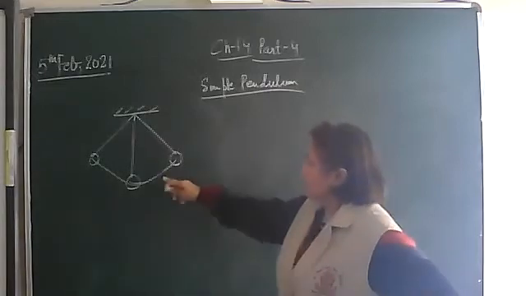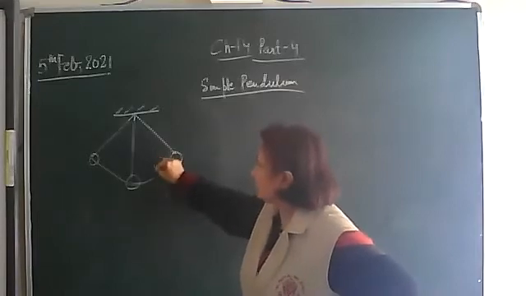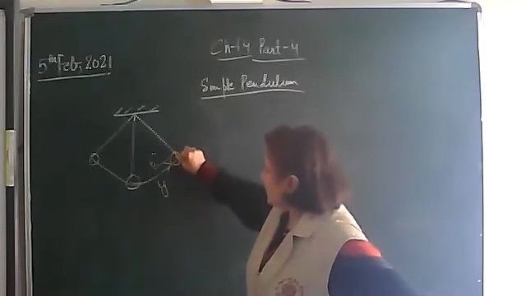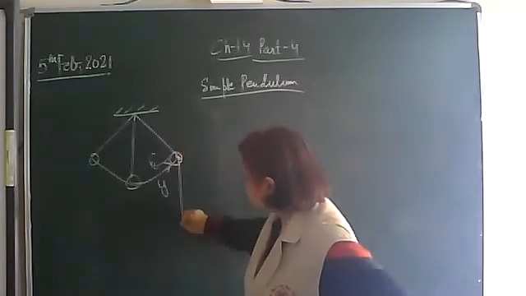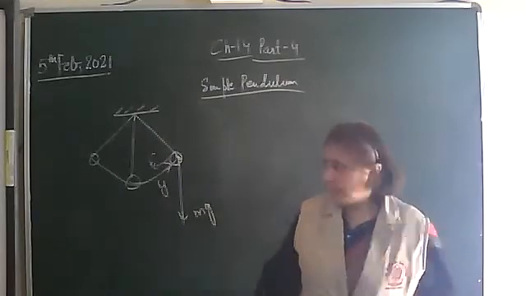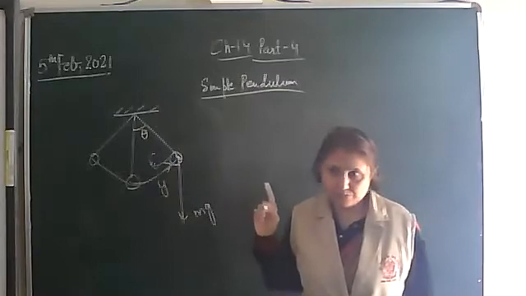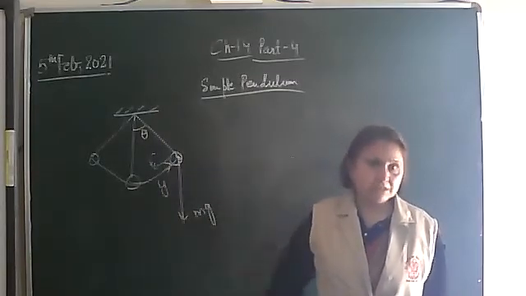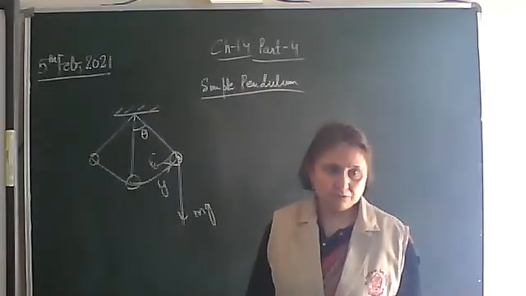Now when it is displaced to a distance y, which force is acting? A restoring force is acting. At this position, let us see what are the forces acting on this ball. The first one is the weight of the ball vertically downwards, and it is displaced by a small angle theta. This theta should be very small. We'll come to why it should be small. When you do this experiment in the lab also, you have to take the precaution that this theta should be small.